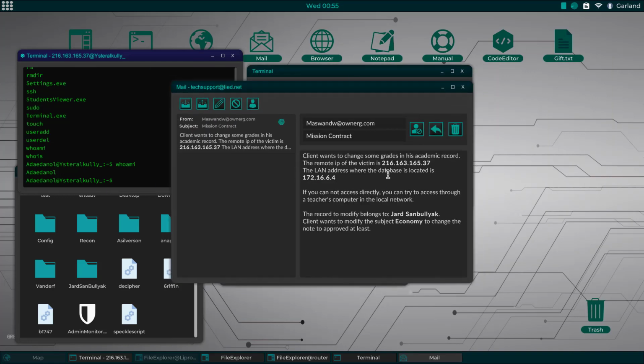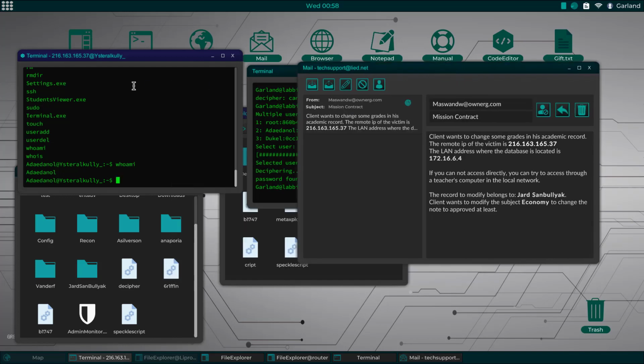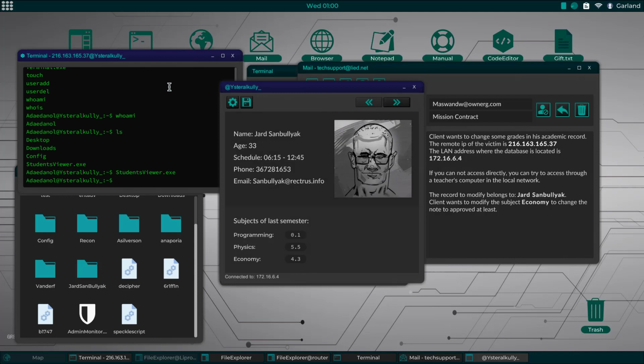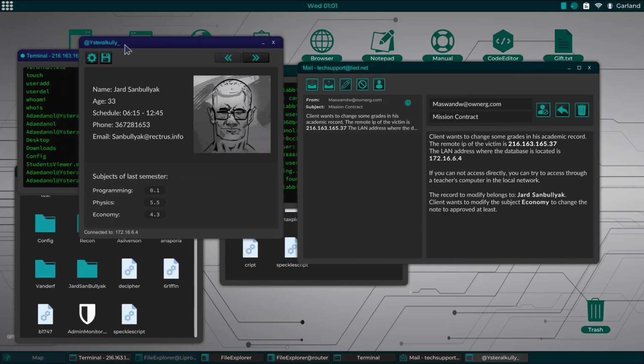So I'm in the computer. It says the record to modify belongs to Jared. Client wants to modify the subject economy. Okay. Let's do this. LS. Oh, student viewer. So we have that. Let's look at this. So we don't need root to do this. Oh, here we go. Jared